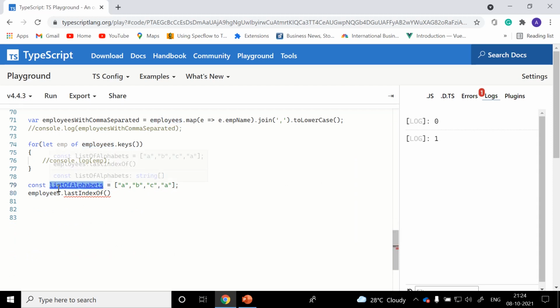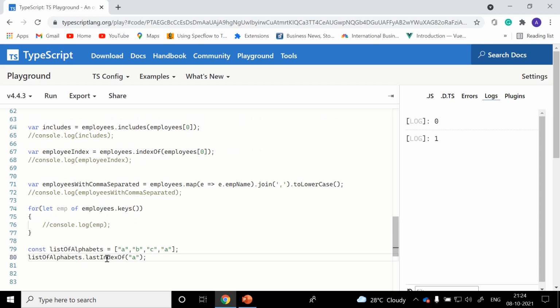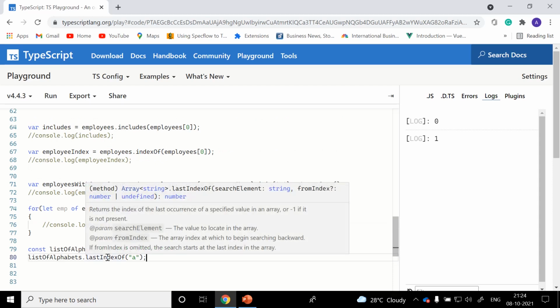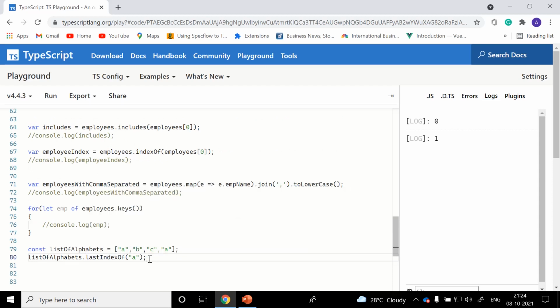Just assume we are planning to find the last index of a, because there are two matching elements. The first matching element is a and the last matching element is a. For example, 0 is the first matching index and 3 is the last matching index. If we are planning to find the last matched element of our list of alphabets, then this will help us.